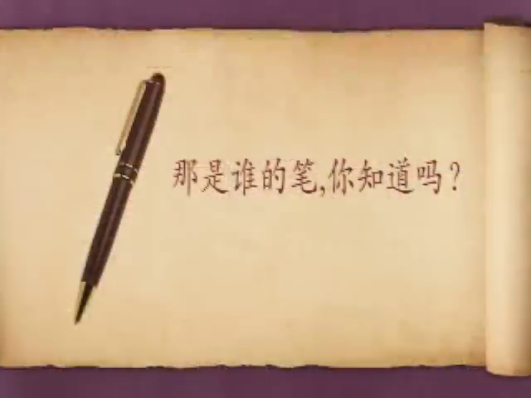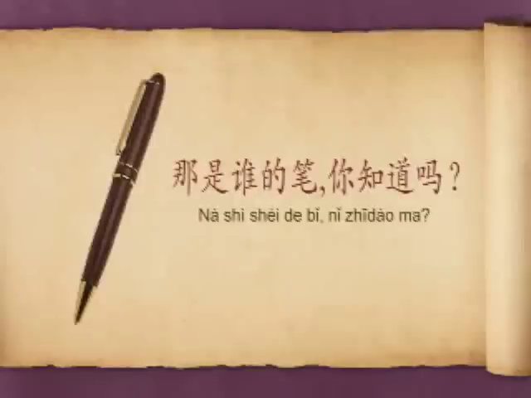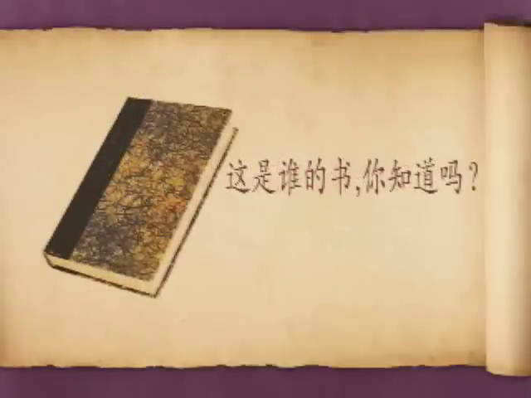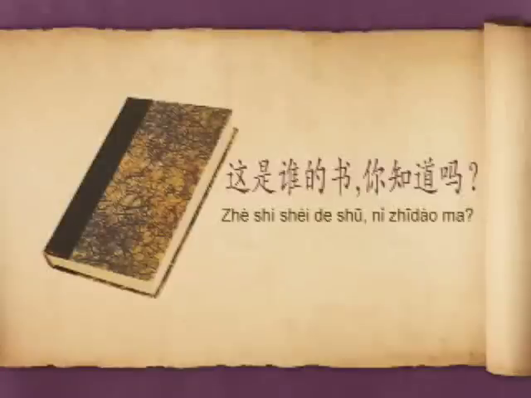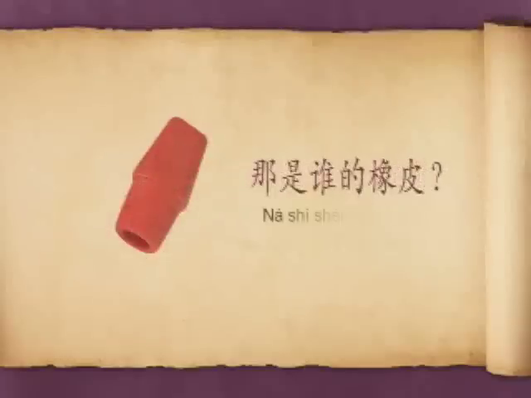Question number 1. 那是谁的笔？你知道吗？I'll say it again. 那是谁的笔？你知道吗？Let's go to question number 2. 这是谁的书？你知道吗？I'll say it again. 这是谁的书？你知道吗？The last question, number 3. 那是谁的橡皮？